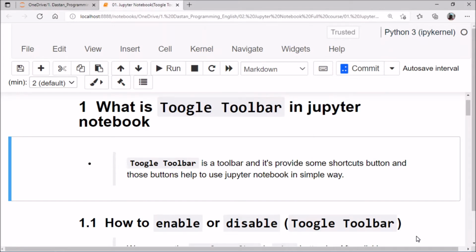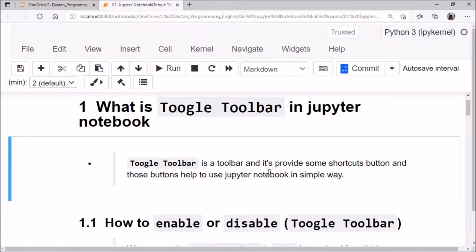If you know some basics of Jupyter notebook, then it will make you feel like a pro programmer, and it will make you more productive. There are some technical words you should understand while using the Jupyter notebook. The first word is toggle toolbar. What is the toggle toolbar?